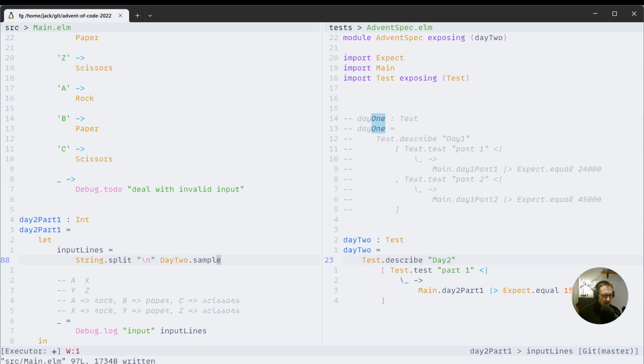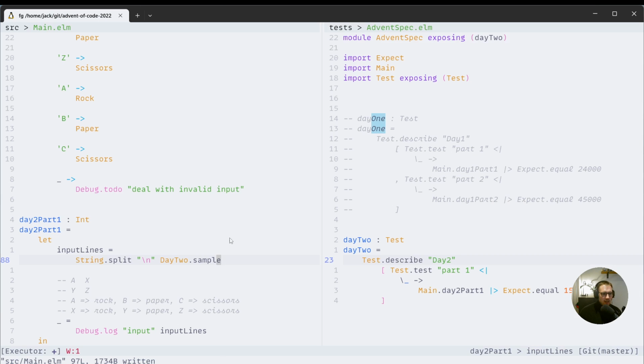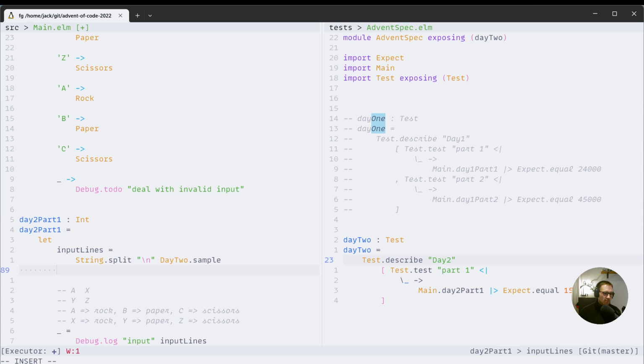Okay, so we have each line, and we now need to convert each line, which is a string, into parts. So we already know we have string dot toList was the method? Just toList, which is great because we can map on that to then pattern match on the characters. So I can say, for example, I